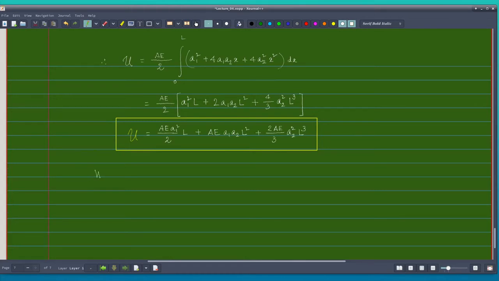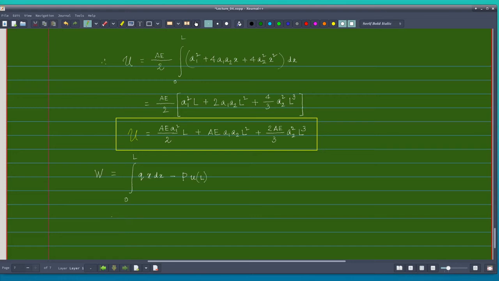Work potential W will be given by integration of 0 to L Qx dx, minus, this load is a concentrated load, so I will have P into U of L, because the deformation under the load is U of L,